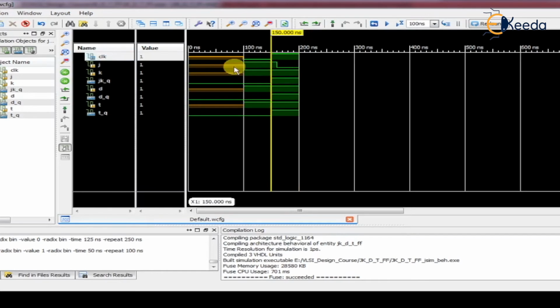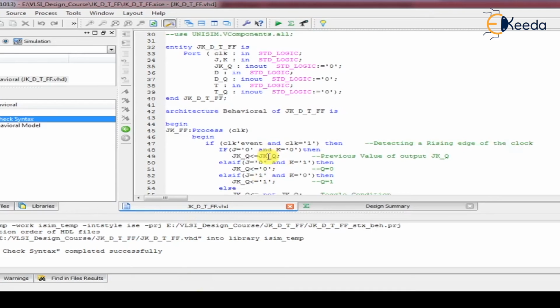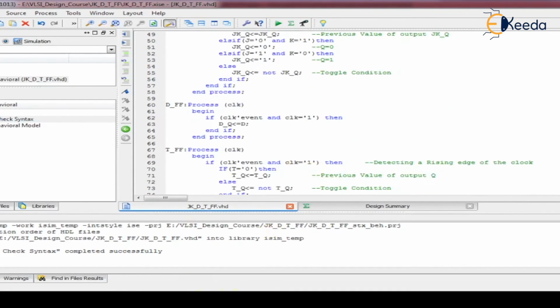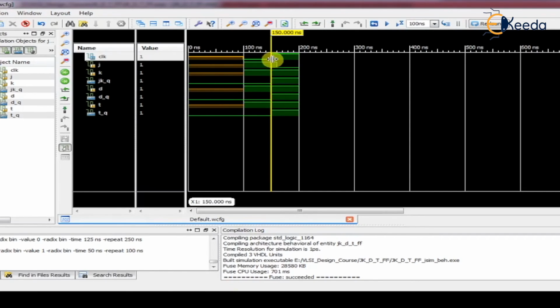So as per our program, we have designed all the flip-flops on the rising edge. So we have to observe the outputs on the rising edge. So let's see, if J is equal to 1, K is equal to 1 on rising edge, the output of JK flip-flop toggles.